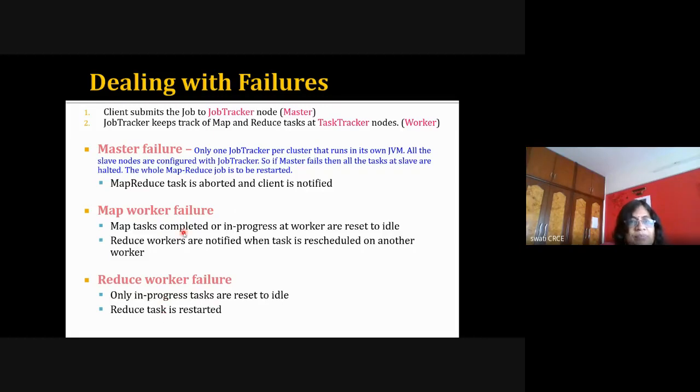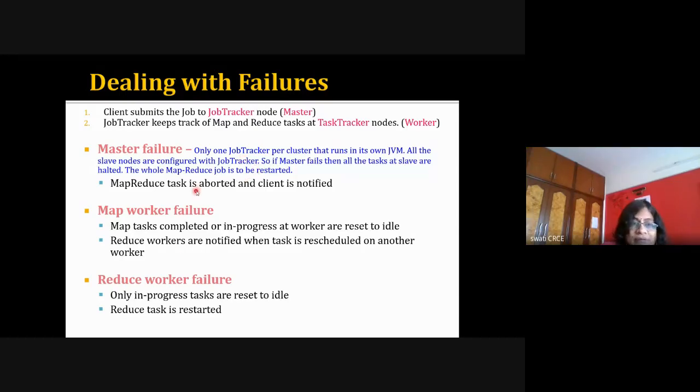Okay, so I'll just summarize this again. The client submits the job to the job tracker on the master node, and the job tracker keeps track of mapper and reducer tasks on the task tracker nodes, like worker nodes. If your master fails, then the job has to be restarted.